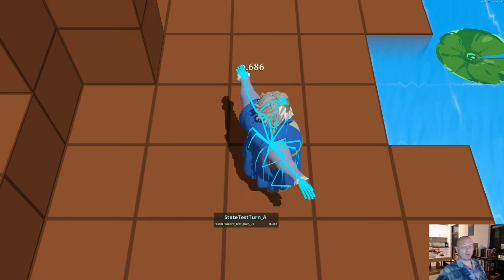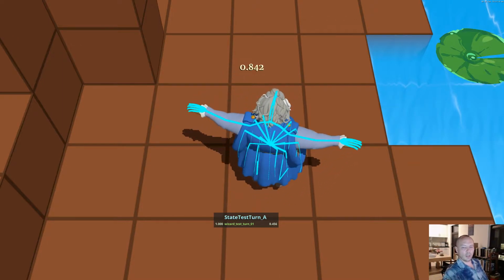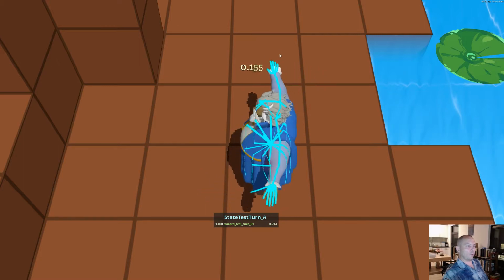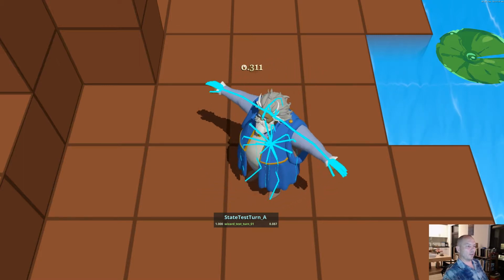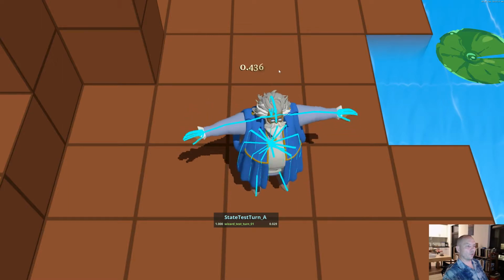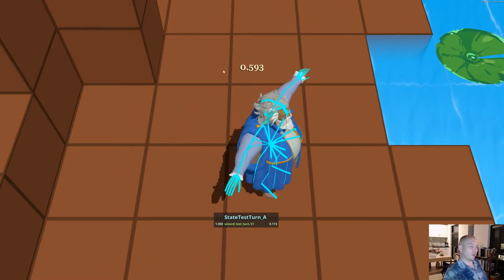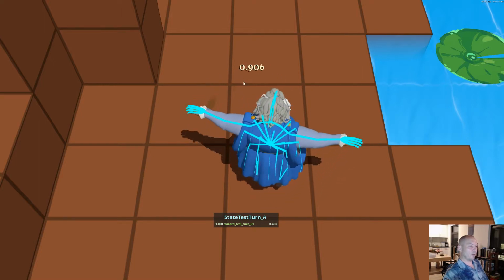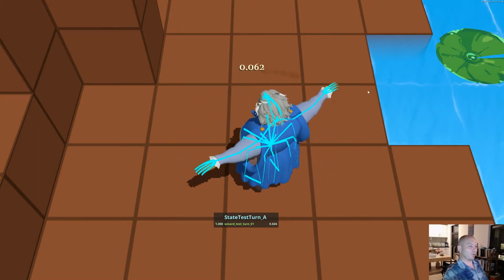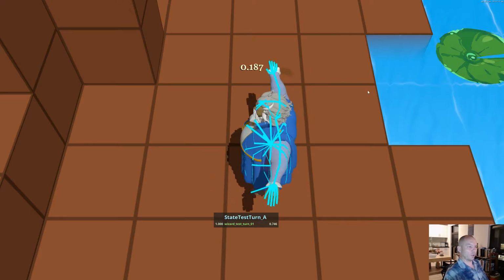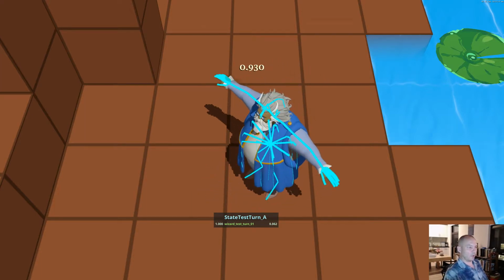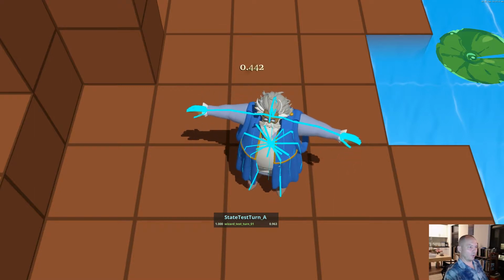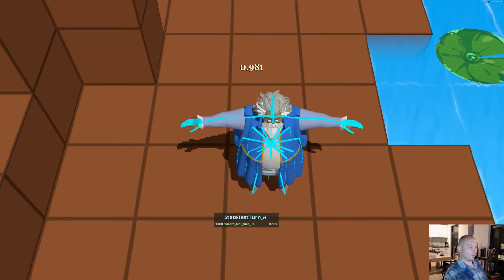So we have some number of keyframes in the animation, and when we're exactly on one keyframe, this is 0.000, and as we go between that keyframe and the next one, this number goes toward 1. And what you'll see, I mean, it's probably hard to see. We could slow this down a little more, but then it's maybe hard to see when the arms are longest if we really slow it down. But what you'll see is,